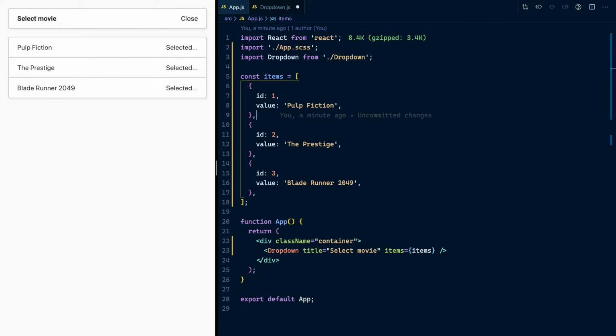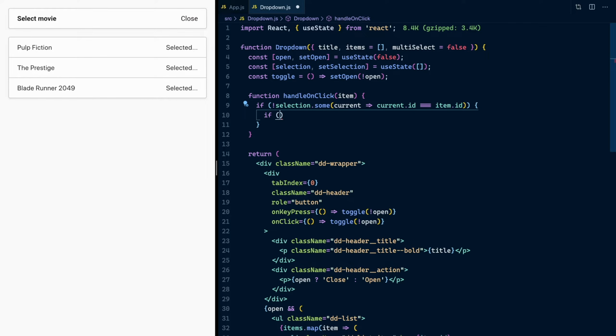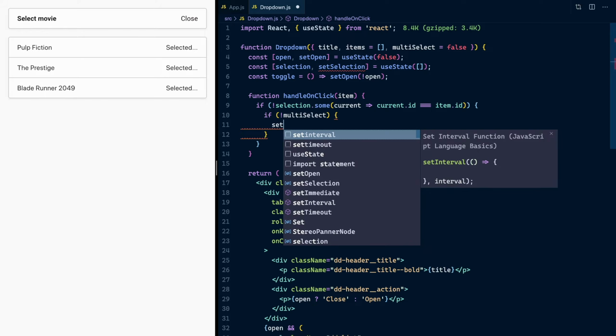We're using these as the key, and we're also storing these items. So if someone clicks on this, we're going to store the entire object in the array. So when we're looping over, we can check the selection of the user, say for example it could be the prestige, we're going to pass in this object, it's going to have the ID of 2 and the value. And if it's not in the array of the selection, we're going to add it in there. If it happens to be in the array of the selection, we're not going to do anything because we don't want multiple items in there unless we're going to be using multiple selects, but then we're going to be looking for uniques anyhow. So let's jump ahead with this and we'll say if there's no multi-select, then just add the item in